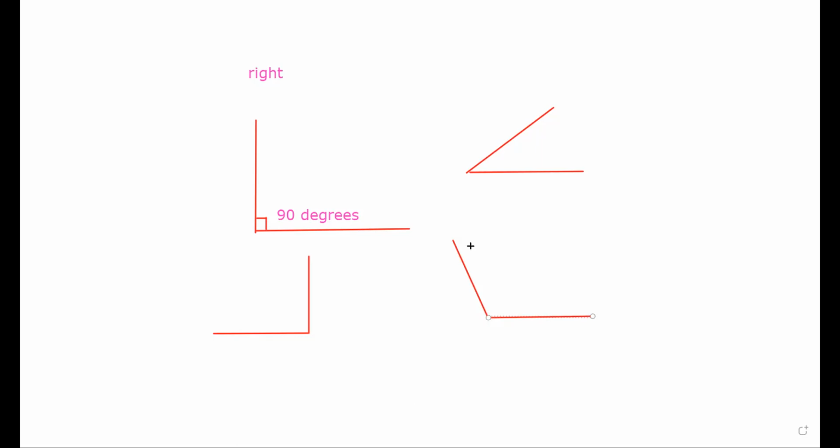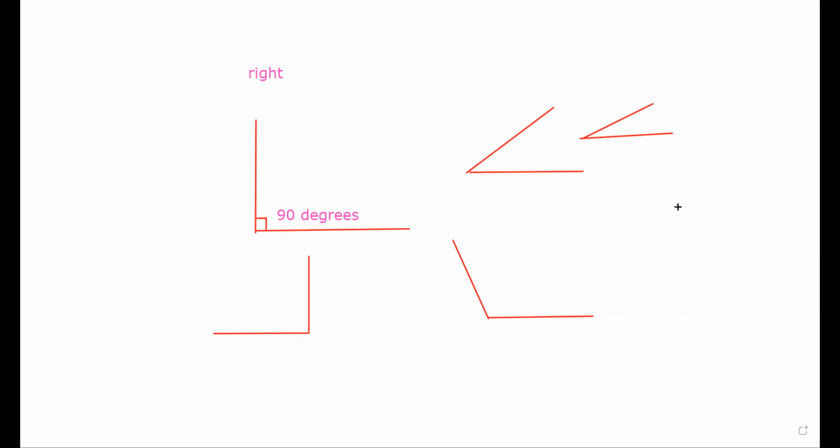I don't know exactly. It might be 50, it might be 40. If it's 70, this is less than 90. I will tell you, you know the bird's beak? If it's like this, it's like the bird's beak. The bird's beak is always less than 90. This is less than 90. When you open it, when you stretch this 90 degrees, this is always more than 90.